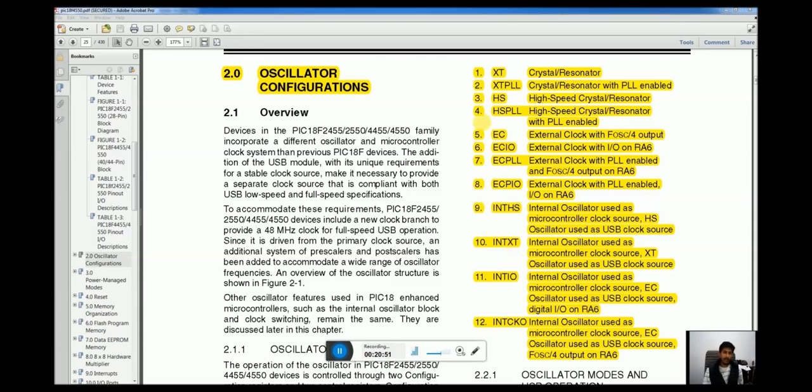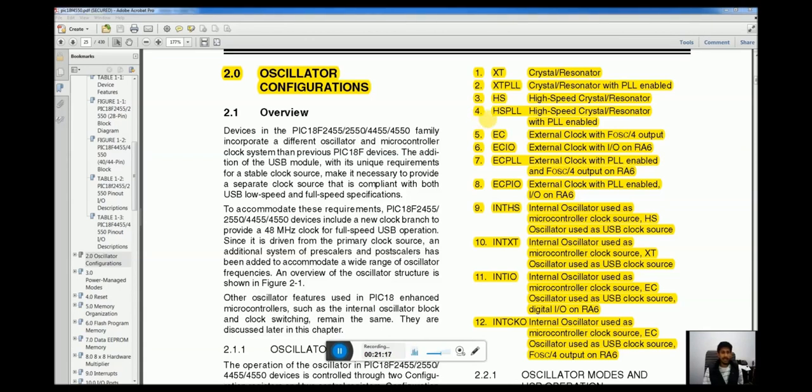Then among the other 8, we will not be using XT or EC. We will not be using low speed crystal oscillators less than 4 MHz, or some external clock source as the master clock source of our microcontroller. So we are left with only option number 3 and option number 4.